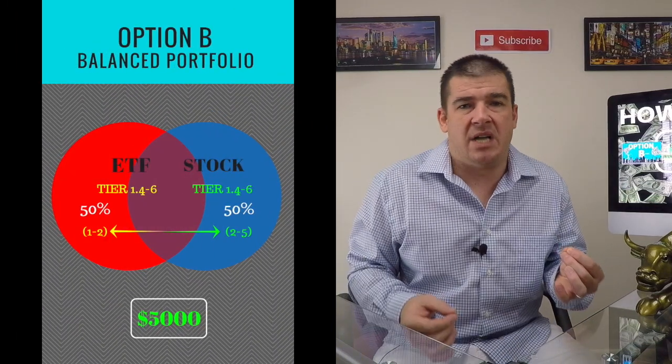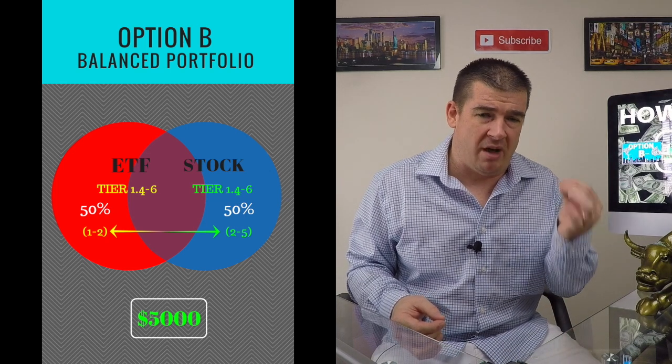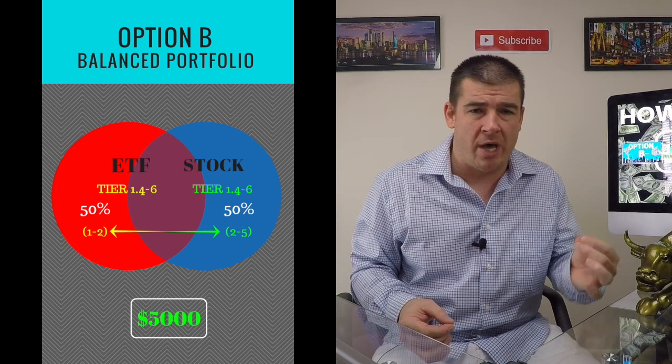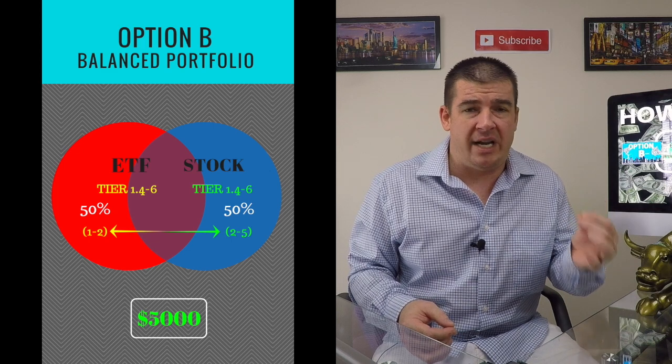Now, when we're looking to deploy $5,000 into the stock market, this is a really interesting level. And if you are not invested and you're going from $0 to $5,000, what this really means for you is you could take half of this and what I consider a balanced portfolio and take $2,500 and put it into either one of 2 investment vehicles, one being an exchange traded fund, all right?